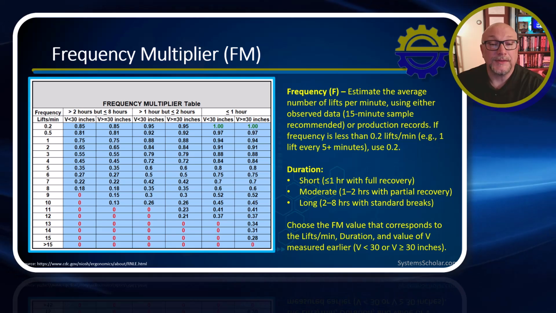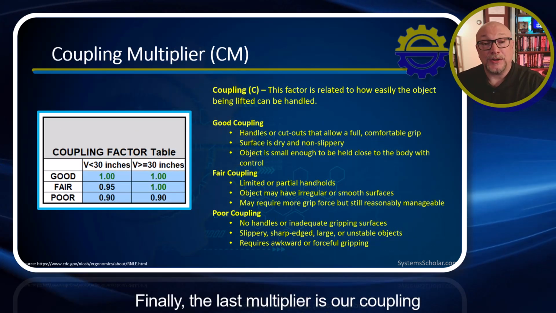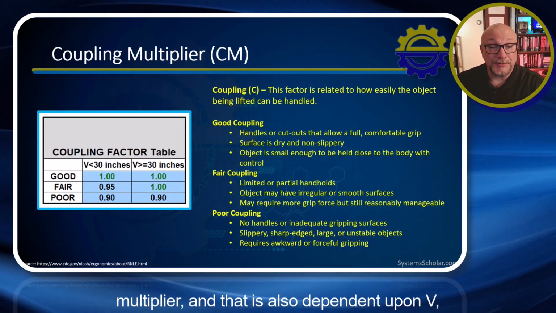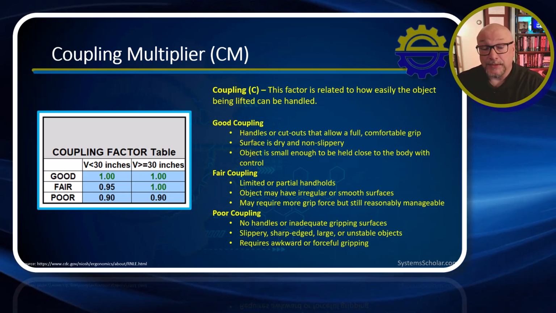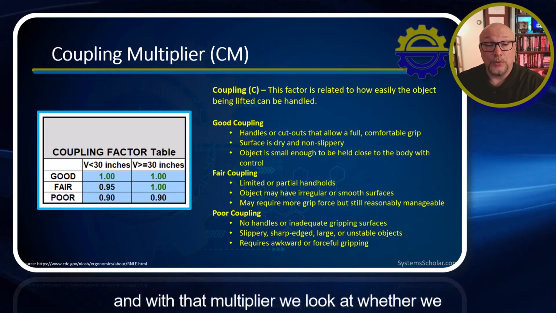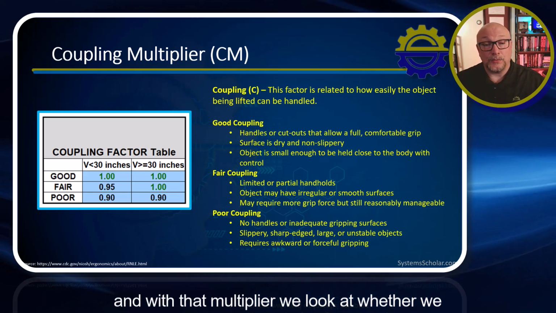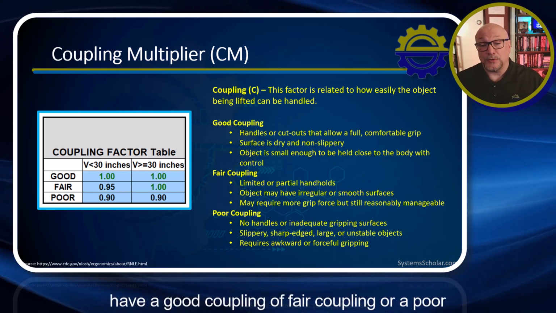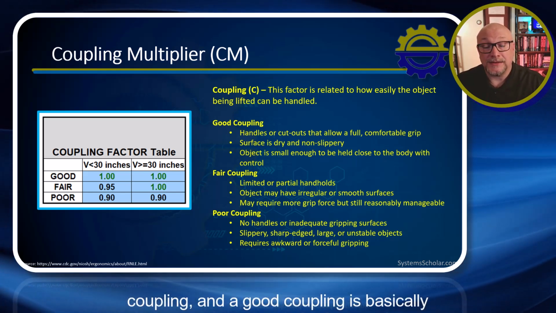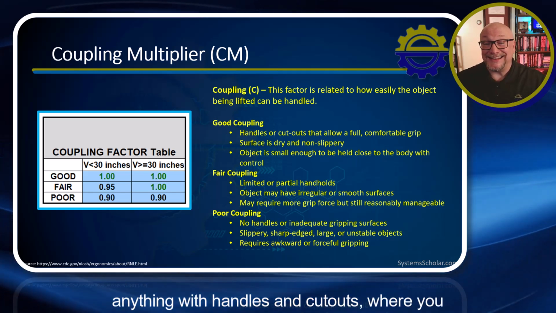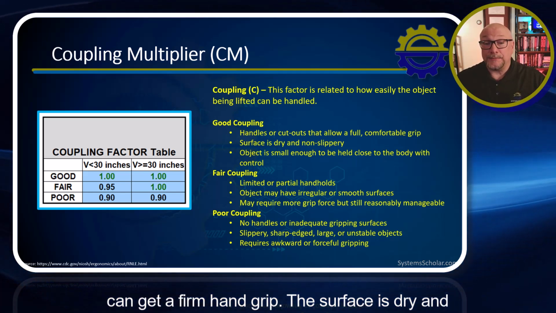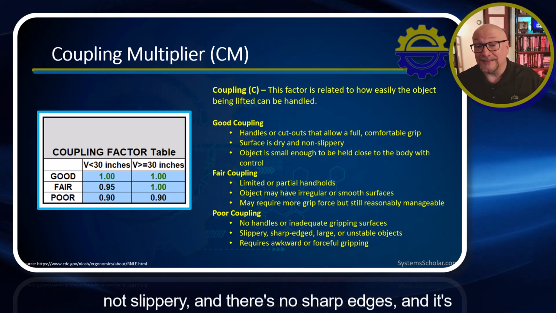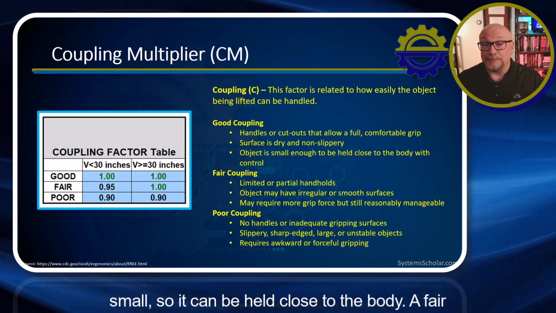So then finally, the last multiplier is our coupling multiplier, and that is also dependent upon V. With that multiplier, we look at whether we have a good coupling, a fair coupling, or a poor coupling. And the good coupling is basically anything with handles and cutouts, where you can get a firm hand grip. The surface is dry and not slippery, and there's no sharp edges, and it's small enough to be held close